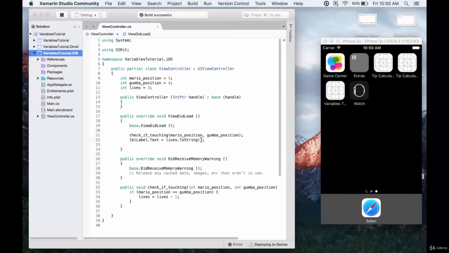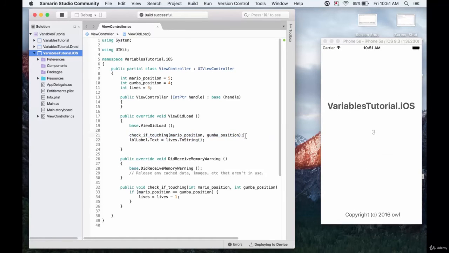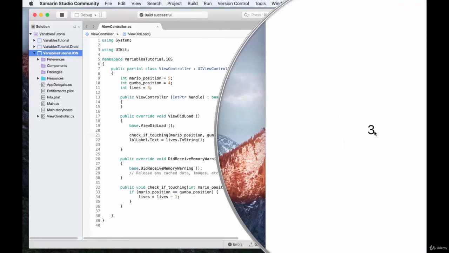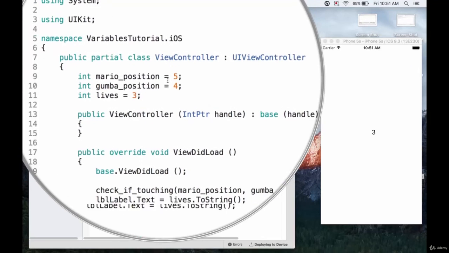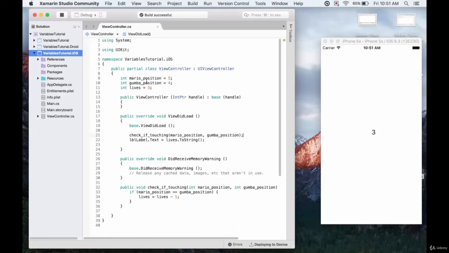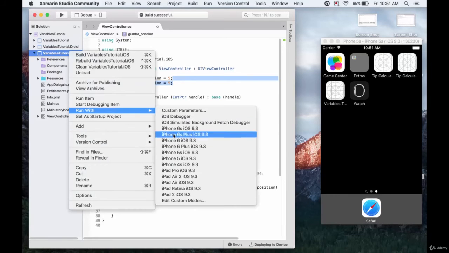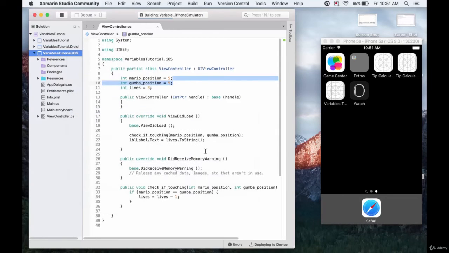Yeah, so each tick, again, you might have this function being called, so check if touching, and if they are, then we'll lose a life. And because they're not, we have Mario at position 5 and Goomba at position 4, so we still have 3 lives. However, if on the next tick Mario hasn't moved, but the Goomba has moved and is now touching Mario,